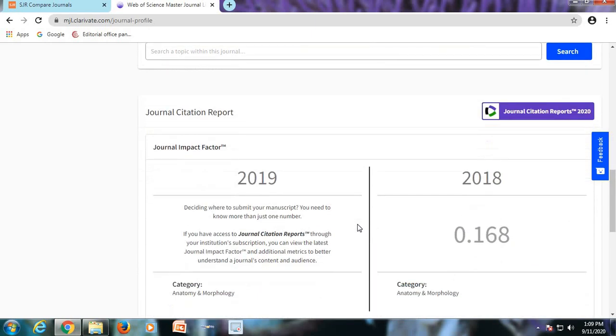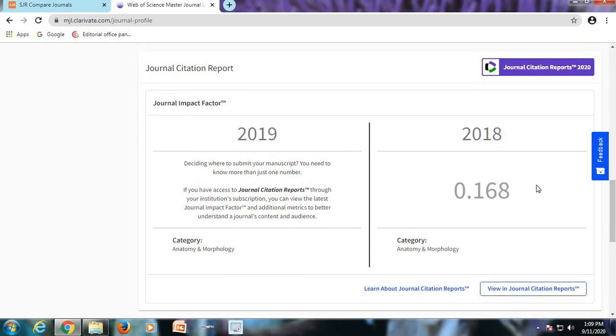Then you can see the most important one, that is Journal Citation Report. Here the Journal Citation Report gives you the impact factor of this Journal of Anatomical Society of India. In 2018 the impact factor is 0.168, whereas 2019 will be counted as the latest journal